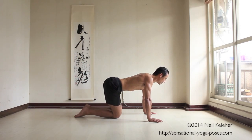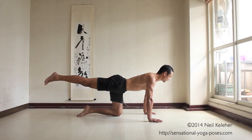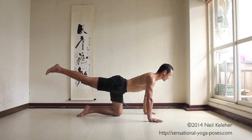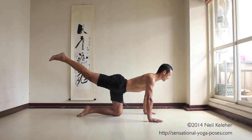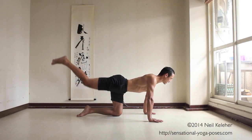Then another leg, spinal erectors activated, leg back, open the back of the knee, point it down. So pull up on the inside edge of the knee, let the outer thigh hang down. So lift the leg up high, spinal erectors activated, butt, hamstring, shoulder blades spread, relax, spread, and relax, and then